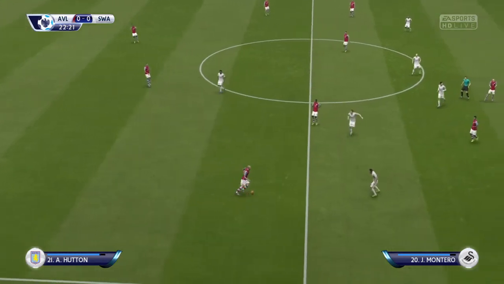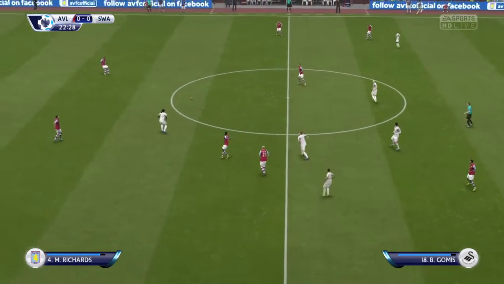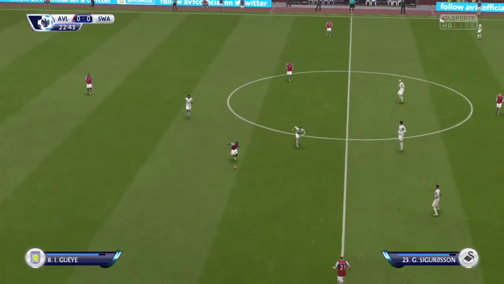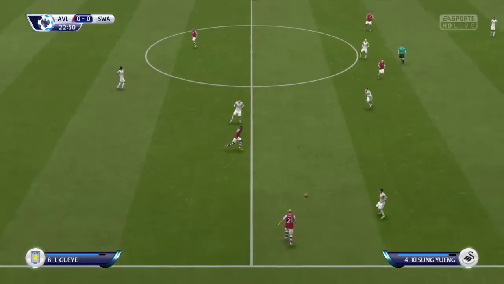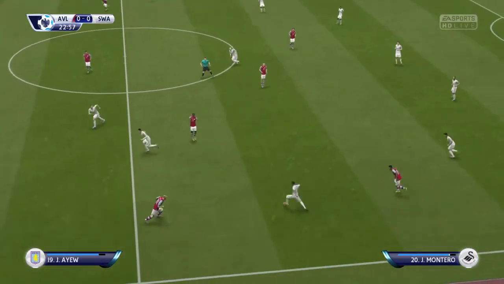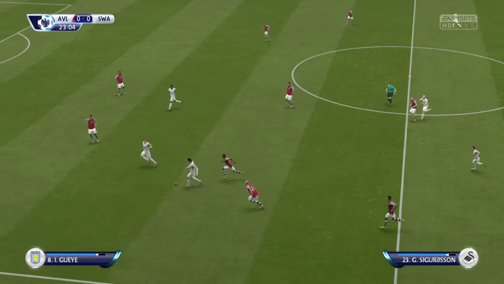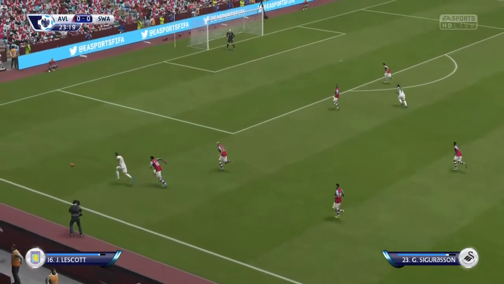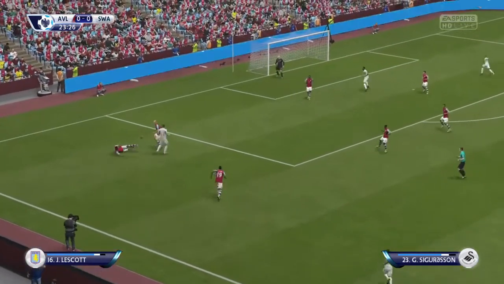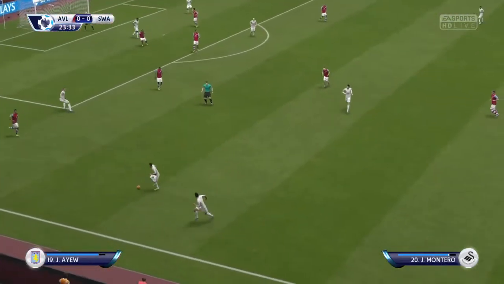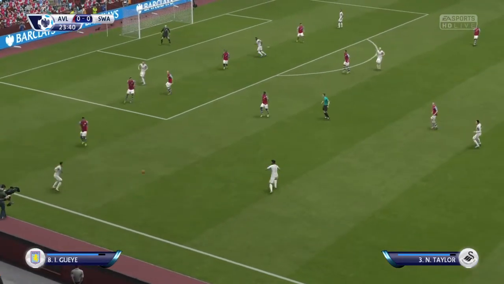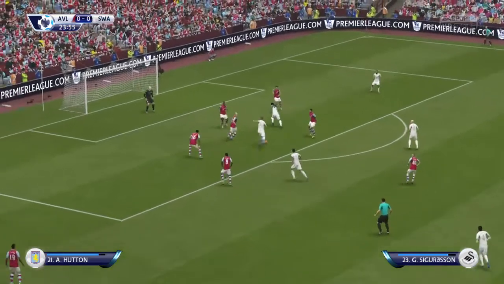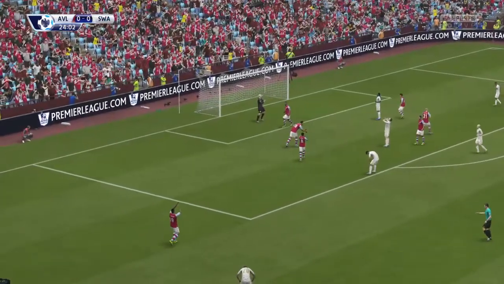Alan Hutton. Micah Richards. Jefferson Montero. Gylfi Sigurdsson. Now the possibility for a cross. Sigurdsson! And that will be a corner.